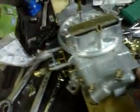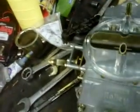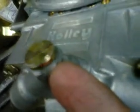I'll go over jets really quick. I'll actually address float bowl adjustment first. You adjust your float bowl by undoing that screw. Now there's a little gasket under there, and before you go to adjusting, you'd want to pop it up with a screwdriver. Generally that screw will come unscrewed from this nut, so they don't turn together. I have mine set where I want it, so I'm not going to go fiddling with mine, but you would pop that up,